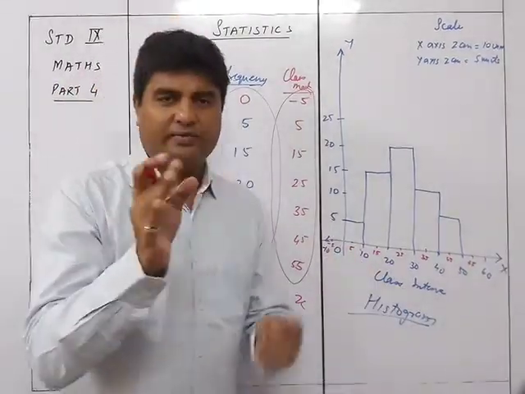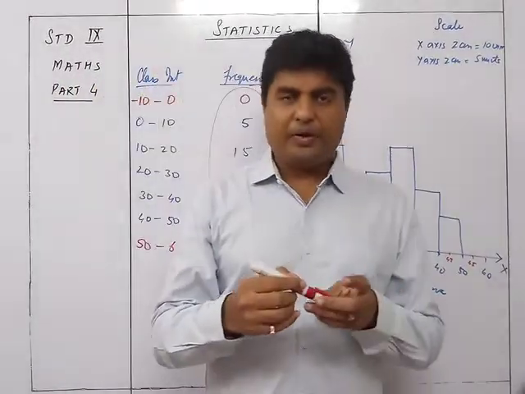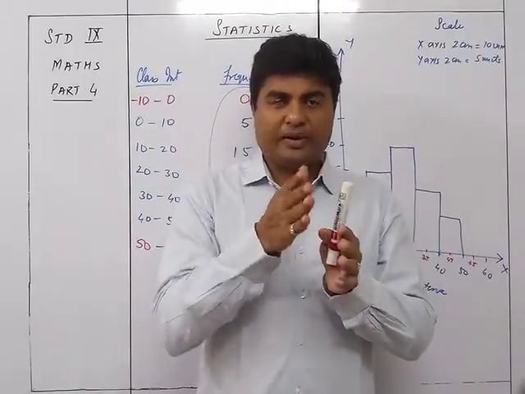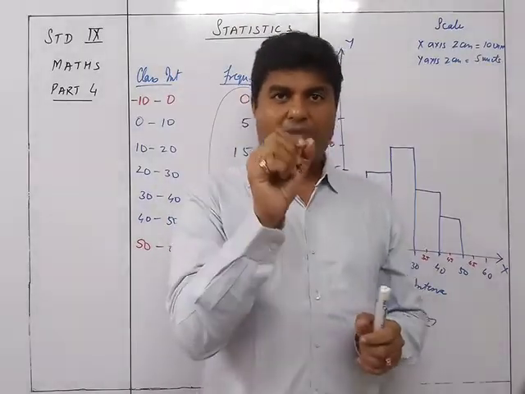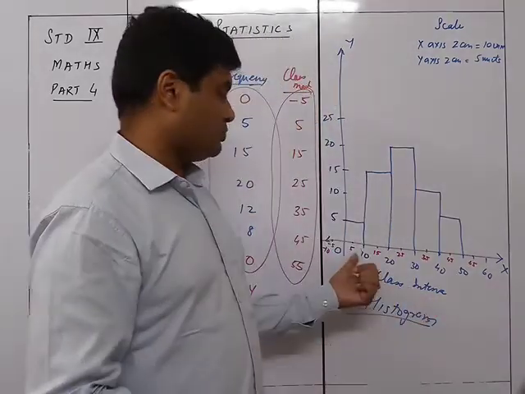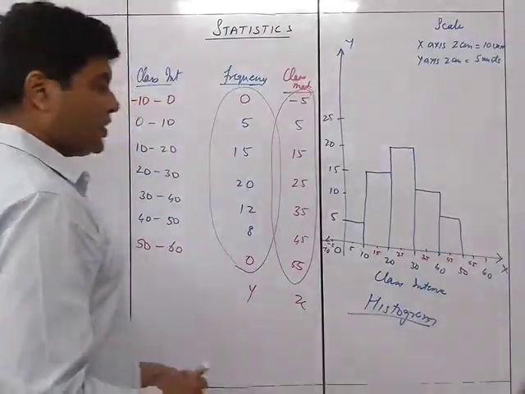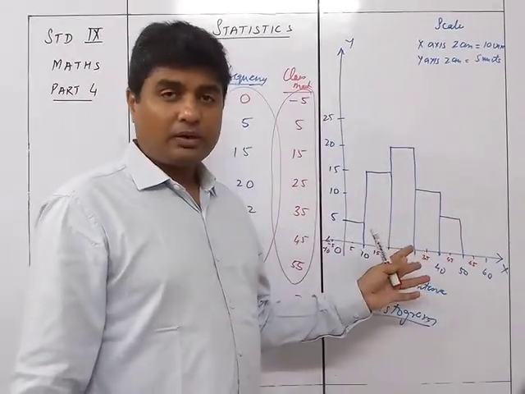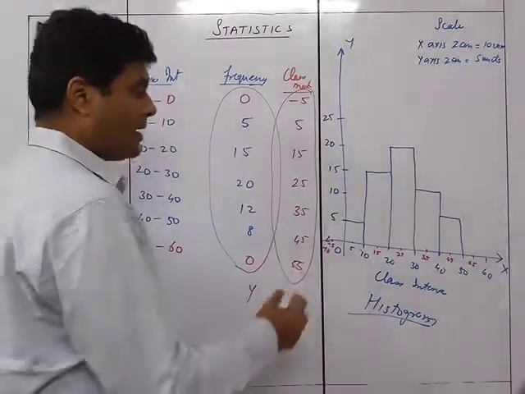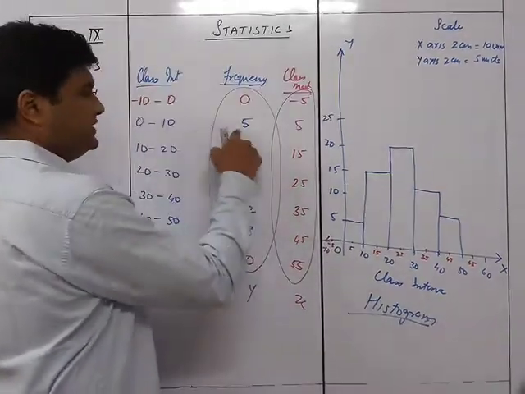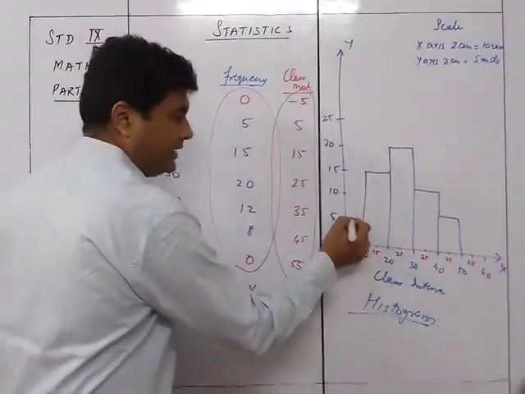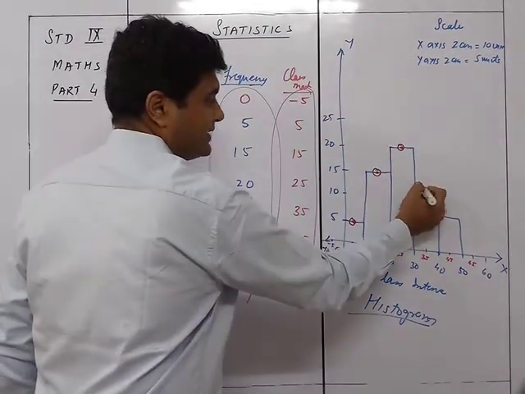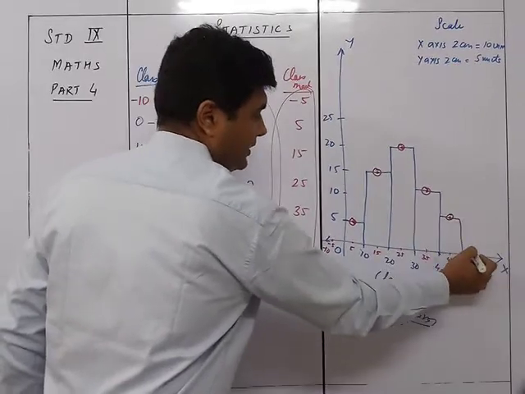Exactly the center. See, there will be a slightly darker line in between the very dark lines. There are some lines in between. So that between line, the center line, will be the class mark which is over here. So you're going to plot this. Now if you're already plotting a histogram, then it's very simple because you are just going to mark the midpoint. So because you can see this is 5. So where is 5? It will be exactly here. The next will be exactly here. The next will be exactly here. The next will be exactly here, and it will be here, and finally it will be here.